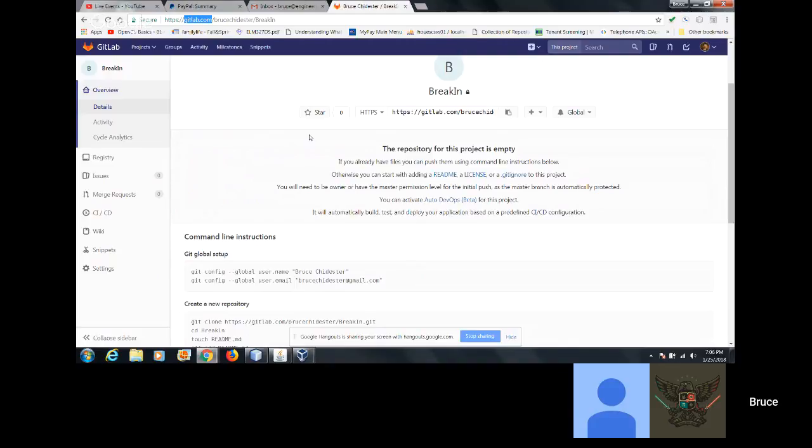Wait, so is it gitlab.org? Because I went there and it didn't look like that. I put in gitlab.com. That brought me to it. I gotta find a username that's not taken. When I put in gitlab.com, it says that the web page isn't there yet. It says that it's a placeholder page. Yeah, it goes there for me. I don't know what's up on your side. I'll keep trying. It's weird.